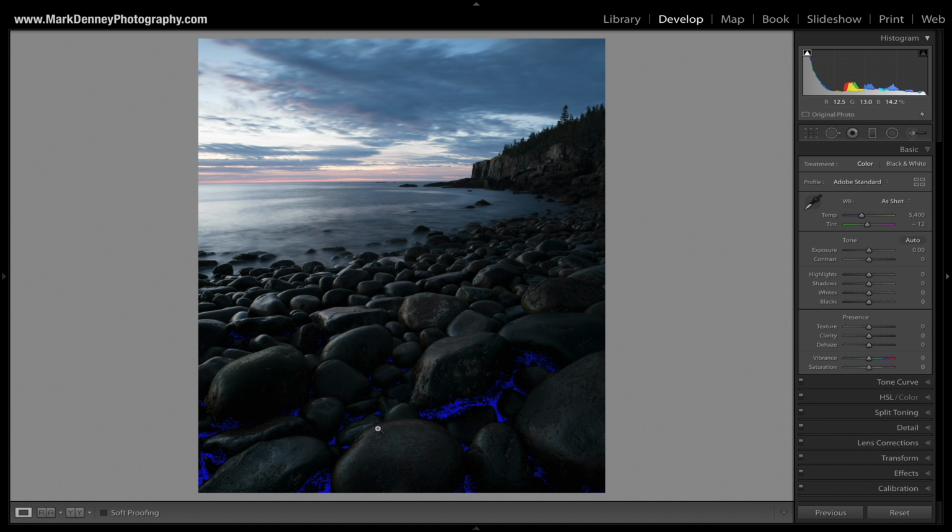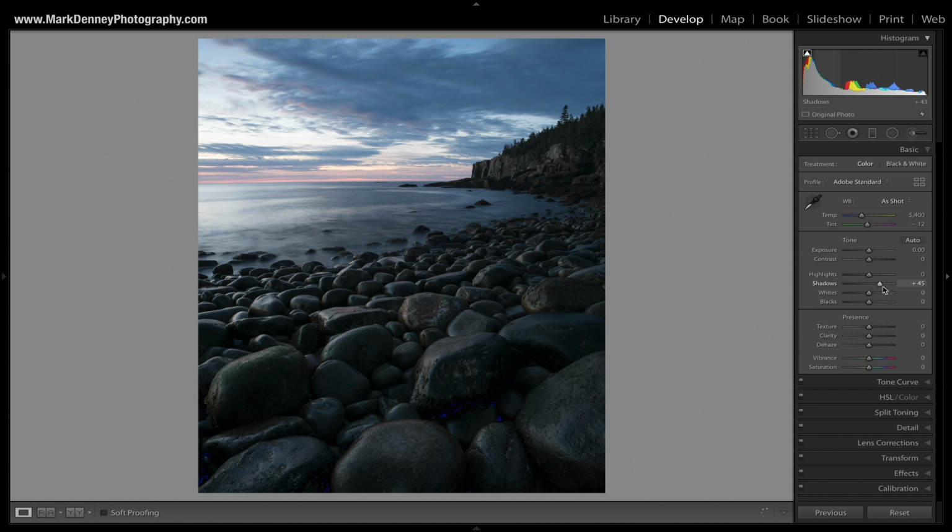So what I do is I turn that on, and I just bring the shadows up to a point where the majority of that blue area is resolved. You don't have to make it all go away, but it's good to use as a leading indicator to help you determine exactly where the adequate amount of shadow recovery is. And you can also do that with the black slider as well, by moving that to the plus and negative range. But using that clipping indicator has definitely helped me determine exactly where that appropriate